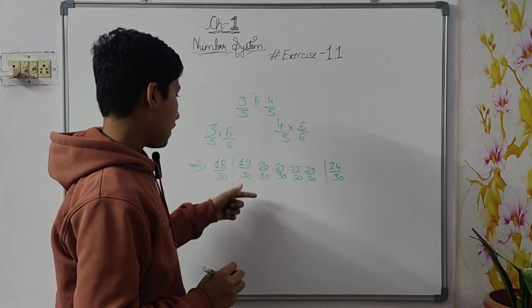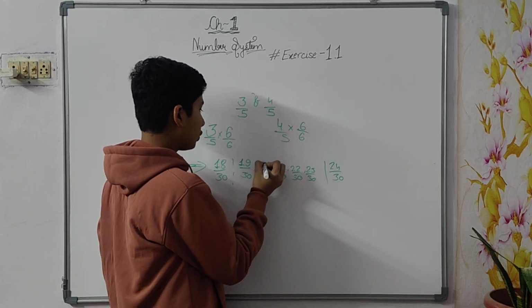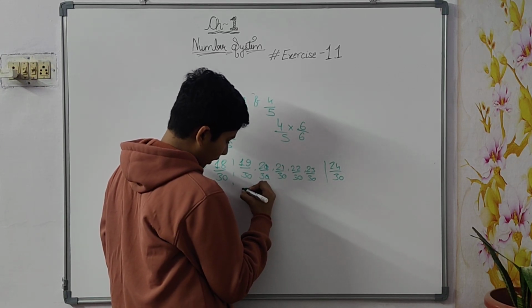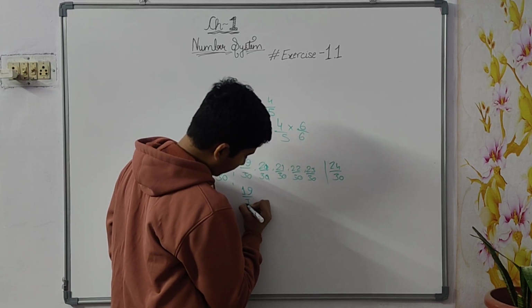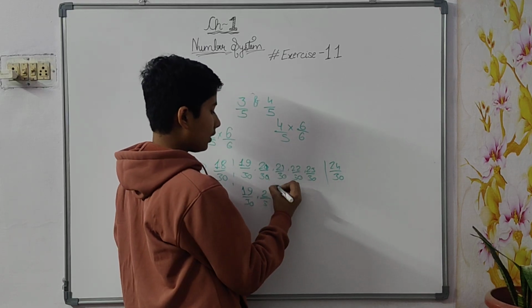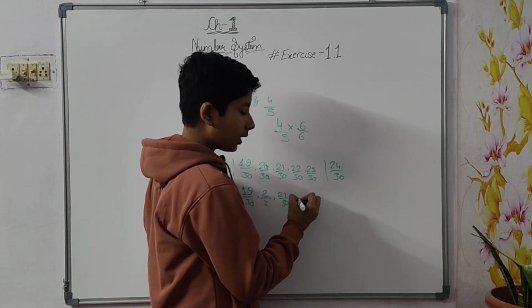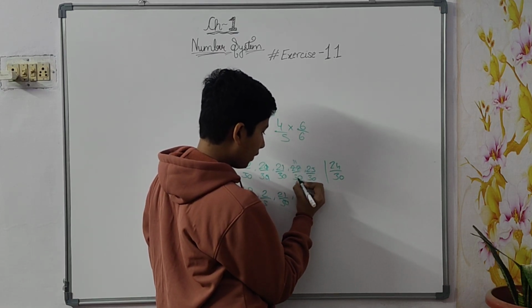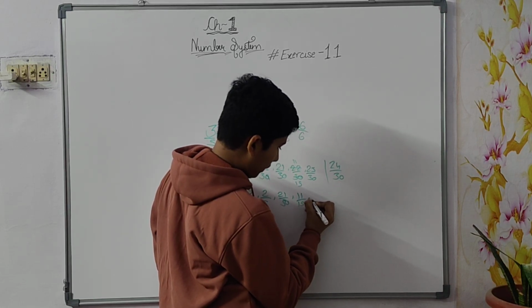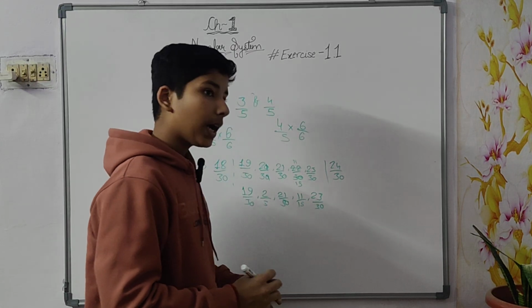Now, if you can see, any of them is getting cut. Yes, this is getting cut. So you will just simplify it, and you will write the answer 19 by 30. Here 2 by 3. Here 21 by 30, comma 22 by 30, this can be 11 by 15. So 11 by 15, and once more 23 by 30. This will be our answer.